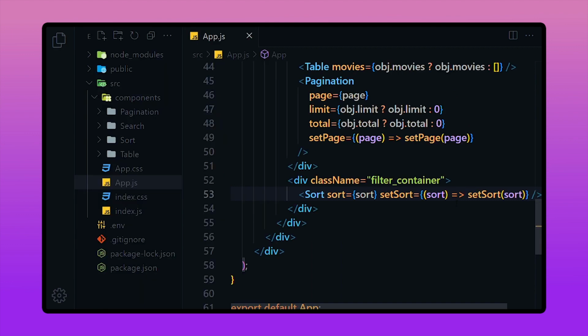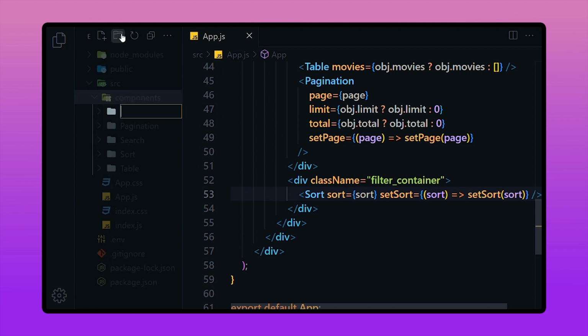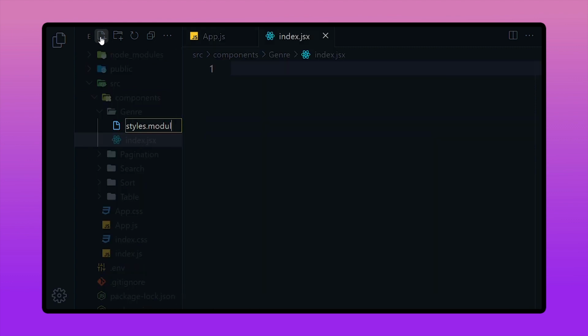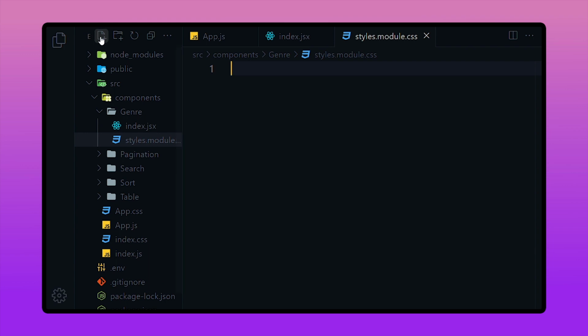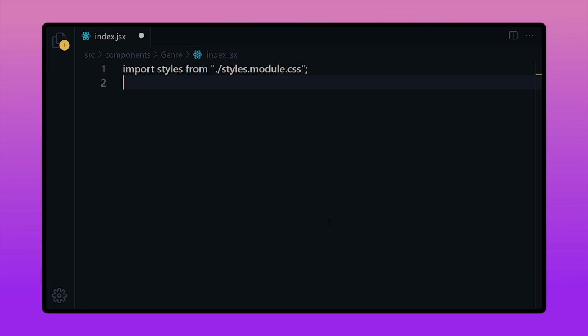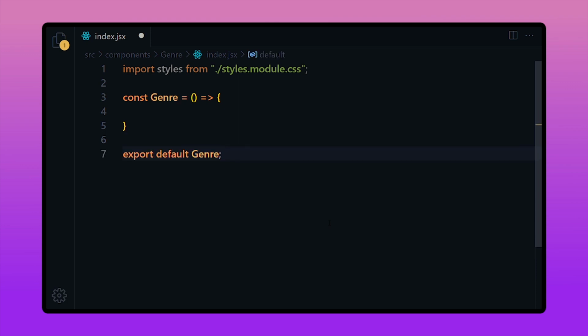Now let's create genre folder inside components folder, and inside genre folder we're gonna create index.jsx file and styles.module.css file. Now open index.jsx file. In this file, let's import styles from styles.module.css file and then create an arrow function named genre and export it.